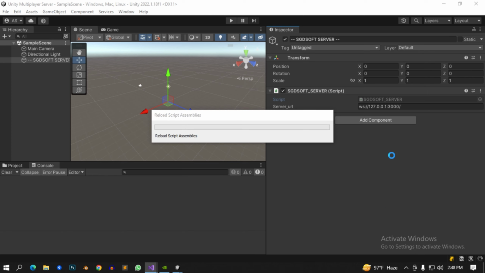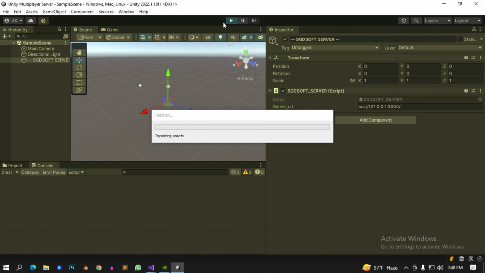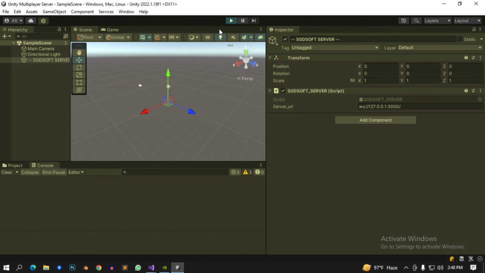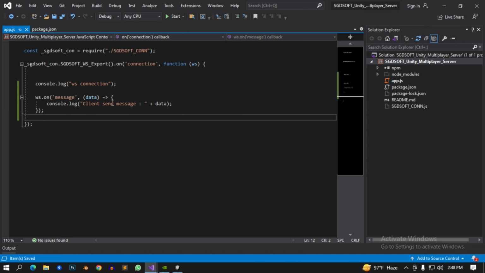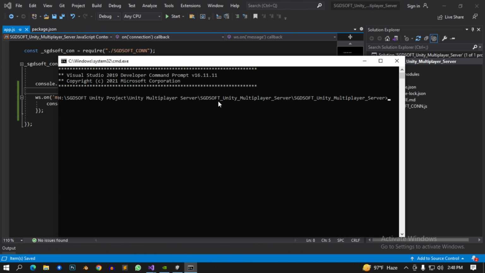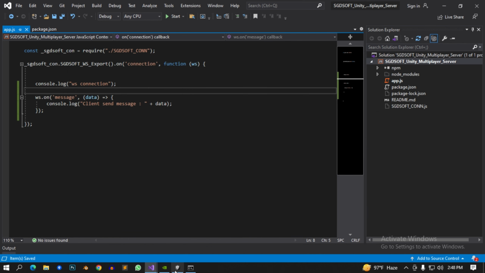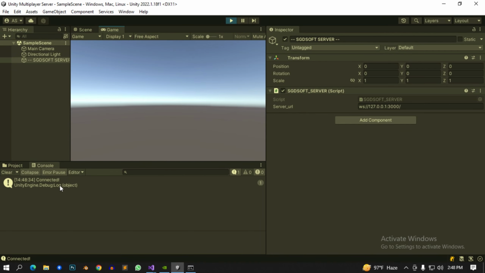When compiling is done, simply press the run button and wait. Sorry, we need to start the server first. How can I start the server? Simply go to the tools, command line section, and type nodemon app.js. Okay, it runs perfectly. Then go back to Unity and run this project, and voila,